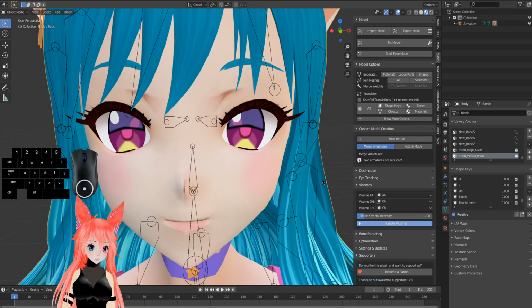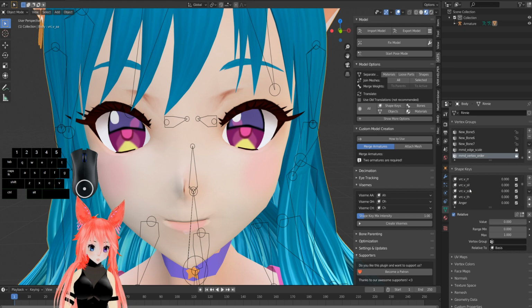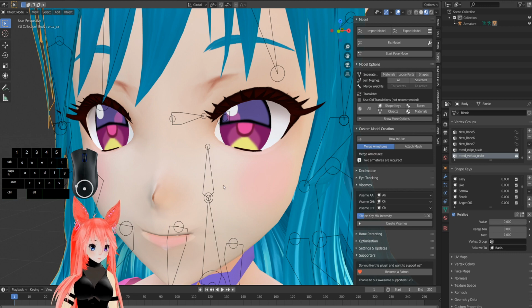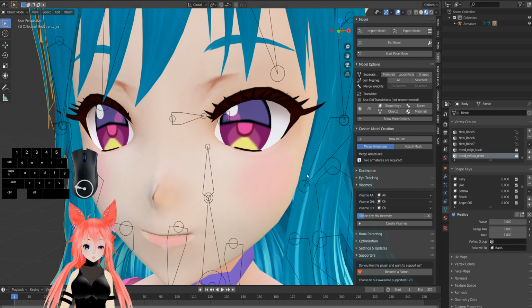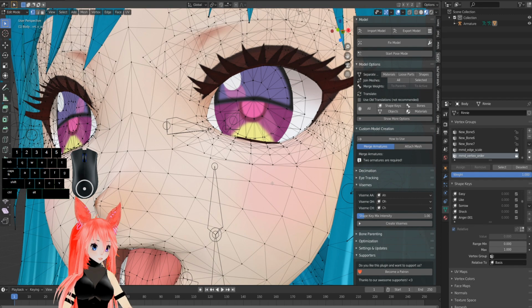Now it's going to take a little bit of time. And now we're going to get these VRC mouth movements. There's going to be a few more than the default. Some you'll be using. I use mostly these key shapes for the mouth movements. They're pretty good. Nice, automatic for you. Now, of course, it's not going to be doing every single key shape that you need for VUP. This is more than enough for VRChat, but if you want custom facial animations in VRChat or VUP,